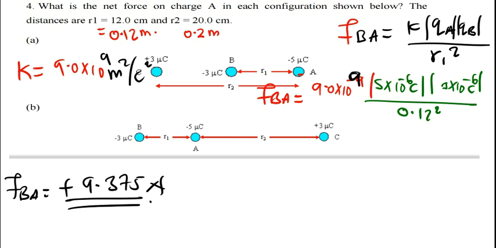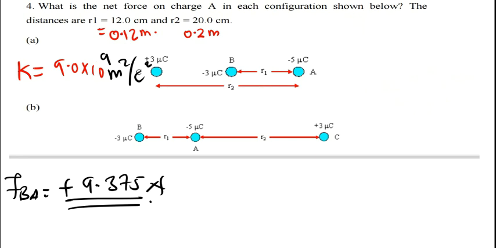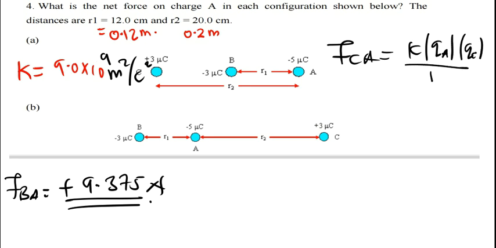Okay, then now we go to the second one. The second one is going to be the electric force of A due to C, so it is FCA. It will be K QA QC over R2 squared. So we have